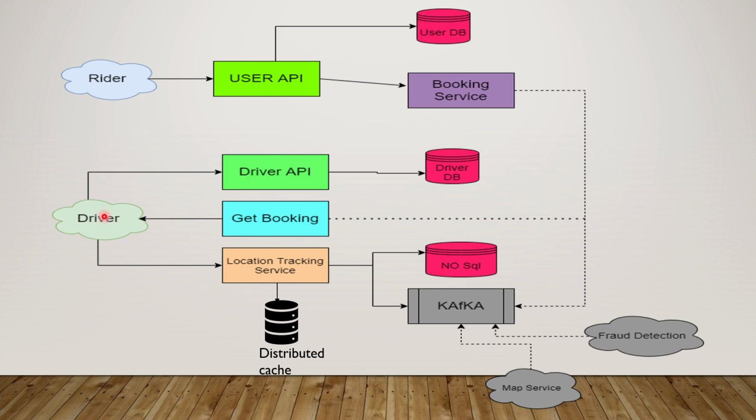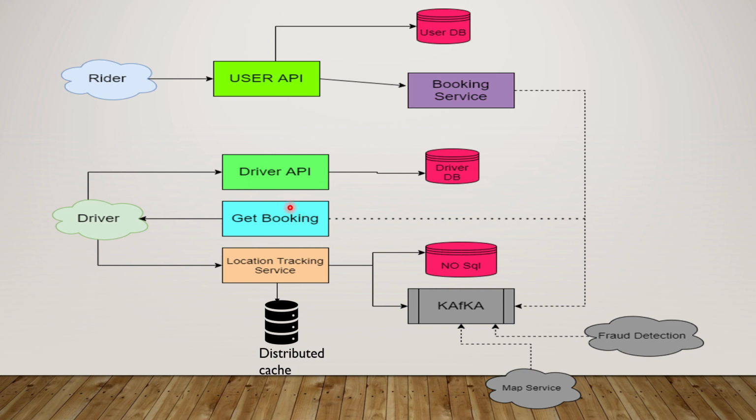So from the driver side, again, like the user, the driver will also have a list of APIs which will involve what all trips he made in the past, what is the amount of money he got for all the trips he made in the past, and it might also store something like ratings or the destination and the origin, what all he picked up, or what all guys he picked up. So all those details will be there for the driver.